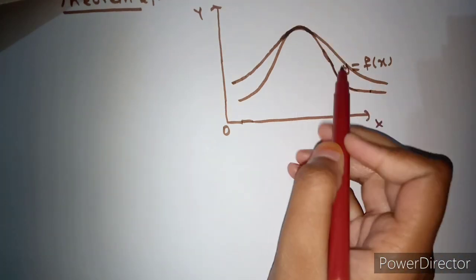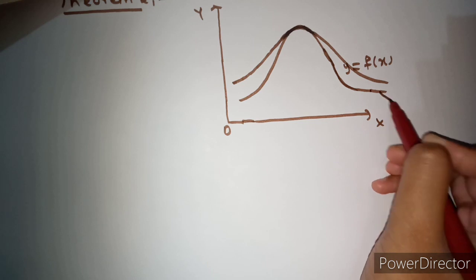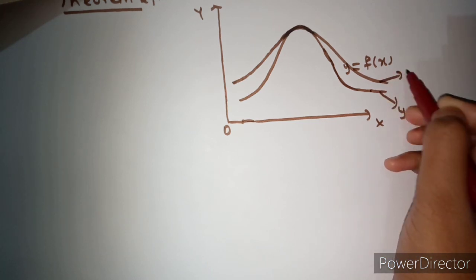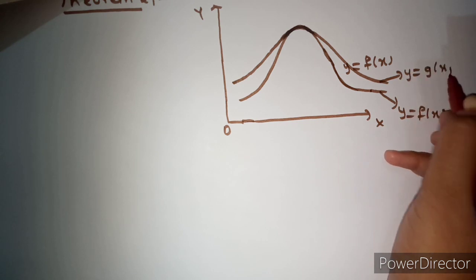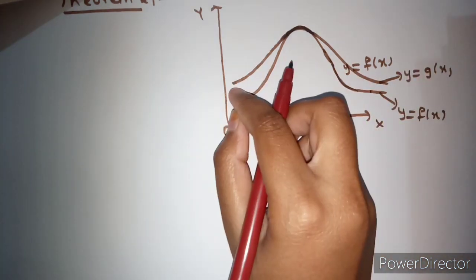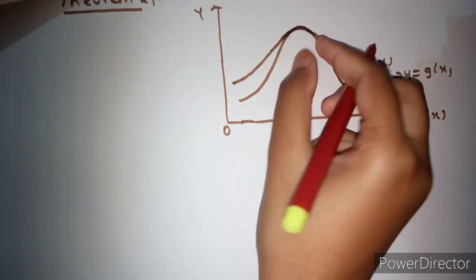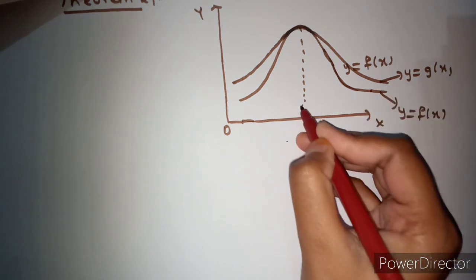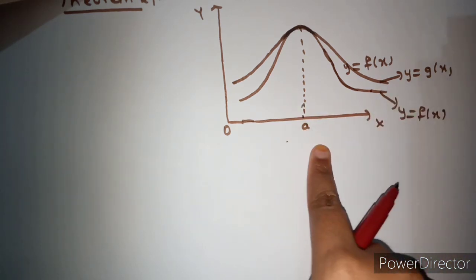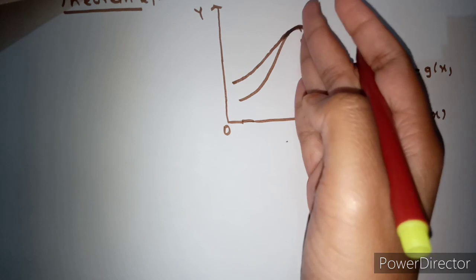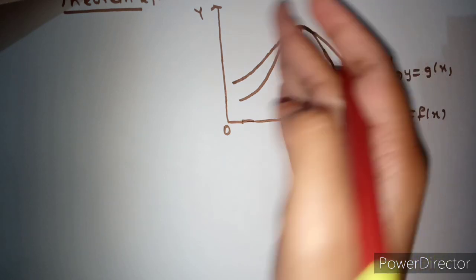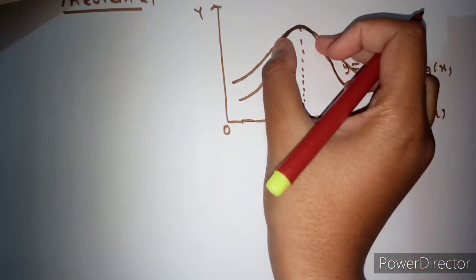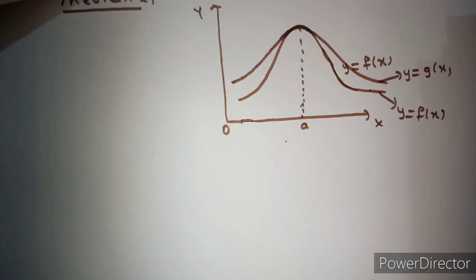And then this function is decreasing. So don't get confused. This is y is equal to f of x and this is y is equal to g of x. Take this as g of x. G of x is bigger than f of x, but at some point these functions are equal. These two real valued functions are equal at point A. Some points left of A and some points right of A are equal, right?